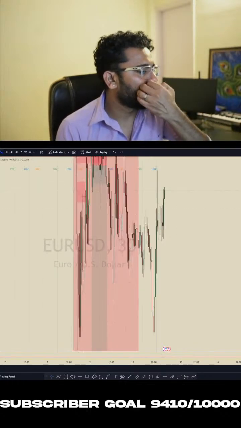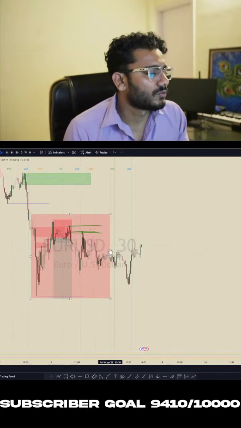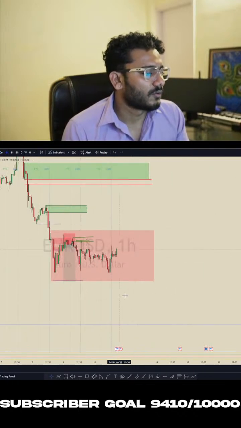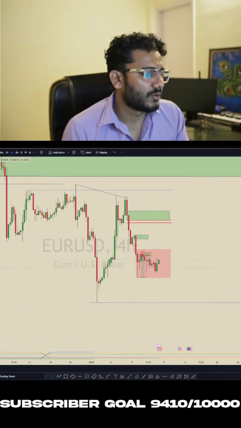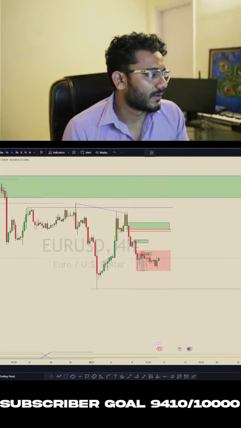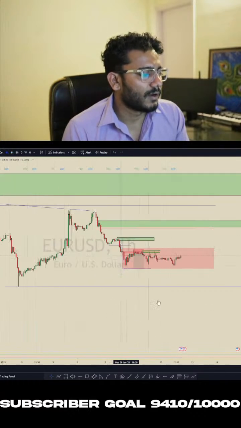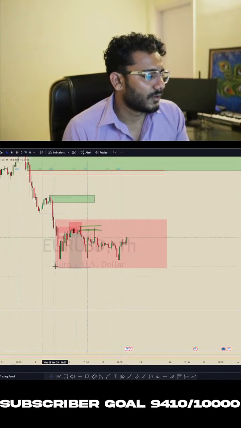Euro USD right now is not in good condition. If you are trading Euro USD, it's best to leave this area because it's just consolidating. I think in the news today, price will switch to a new direction. Price can continue the upside, or it can sweep this liquidity from the high side and then continue the downside. Right now there is no movement in Euro USD. From the 8th of Jan to the 10th, like 2 to 3 days, it's in the same position.